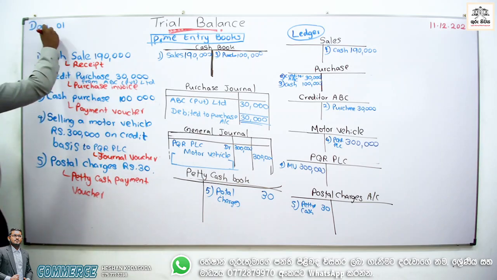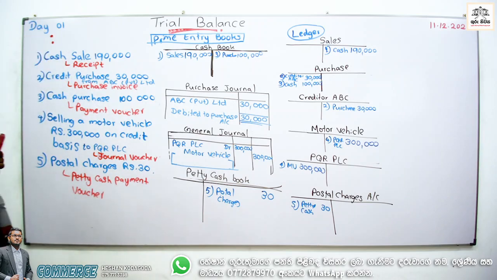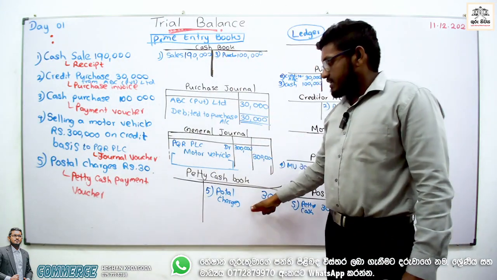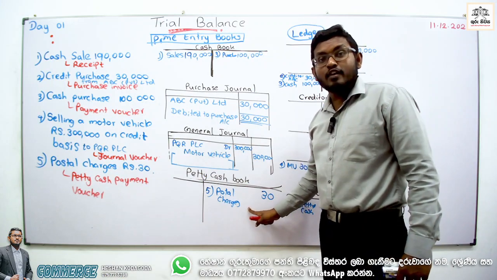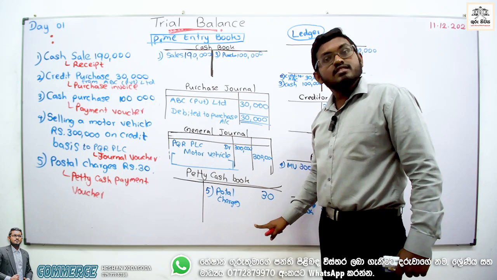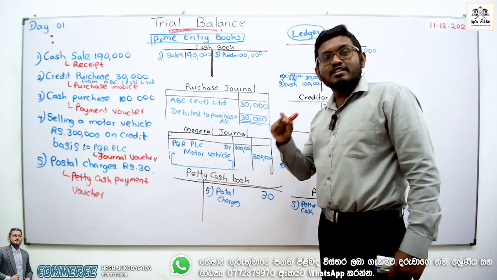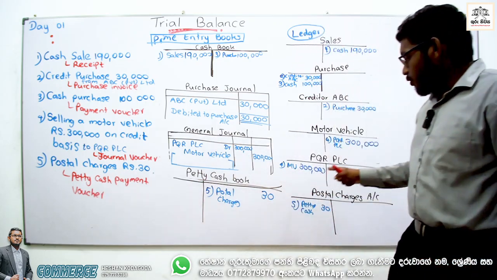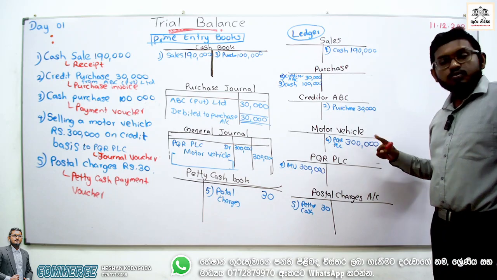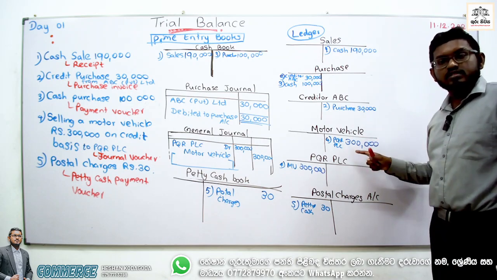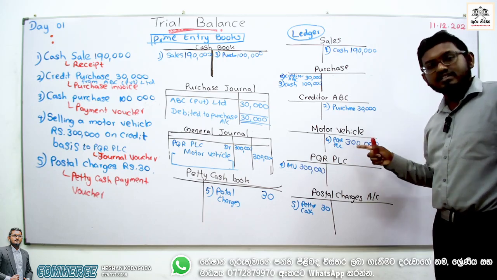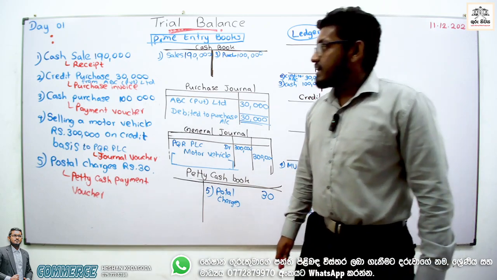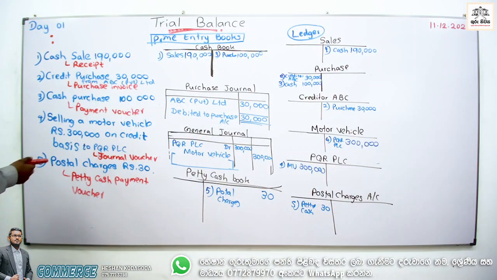So not only that, I need to add some important things here. Without the opening balance we can't take this. The reason is there is a small problem, this is not nice. When we balance the petty cash book, we can identify the credit balance 30. Not nice. Why? Always petty cash book balance should be debit. Also, if we bring forward the balance of the motor vehicle account, it goes to the credit side. That cannot happen, because it's an asset account. An asset account's balance brought forward always goes to the debit side.